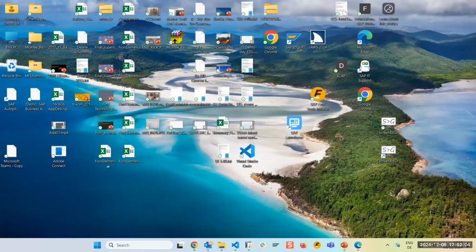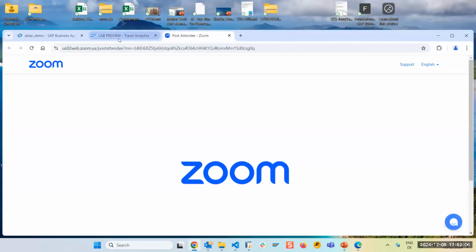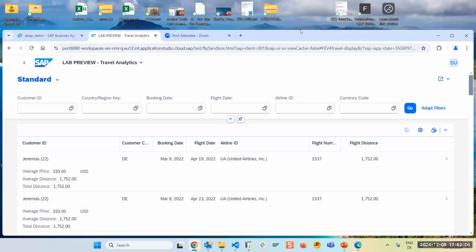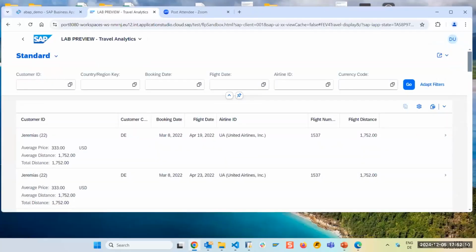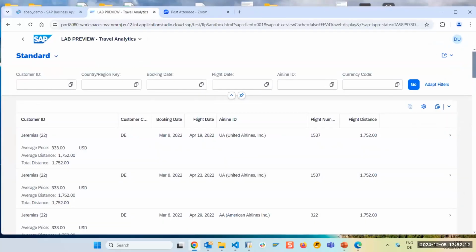So let's go to the other dev environment. So I have basically created a similar application as before, but I have it analytically enabled. So I have put some booking data and also enabled the services so that aggregations are possible. All features which are currently in development.